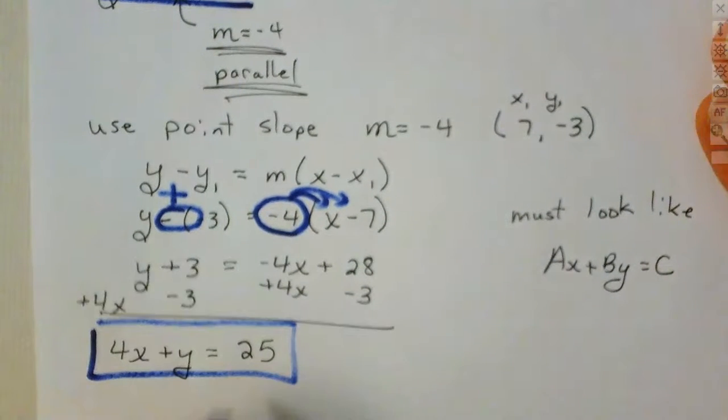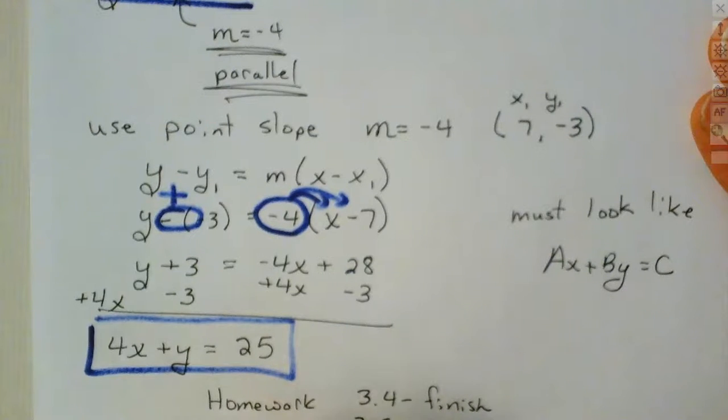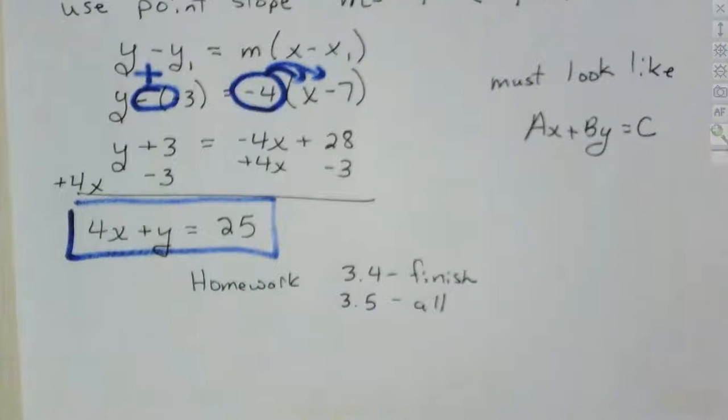So what's our homework? Well, your homework is going to be 3.4. You should be able to finish it out. And 3.5, you should be able to work it all out too. If you have questions at 3.5, we'll have plenty of time next week to go over those. Because again, what we're doing next week is we are going to be going over the final. And we are going to be working some questions out of 3.5 if we need to. So let's talk about